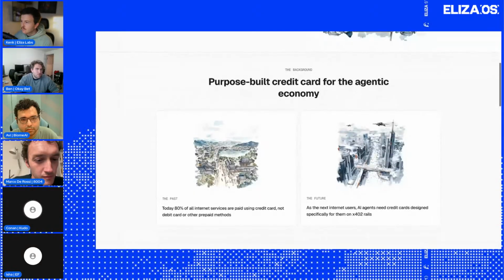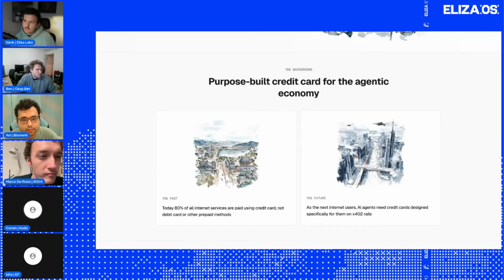As we know, the agentic economy is projected to be as large as $30 trillion by the year 2030, which is just a few years from now, right? And I think the last few weeks, we have witnessed a huge spike in payment volume on the X402 payment rails, which we believe will be the gold standard for how AI agents will be paying for the services that they use.